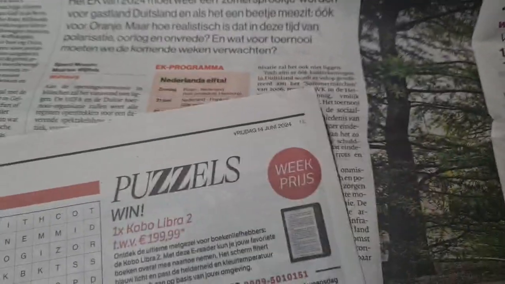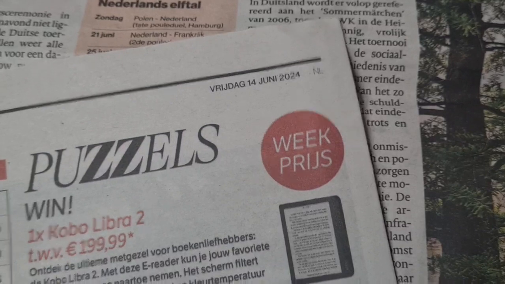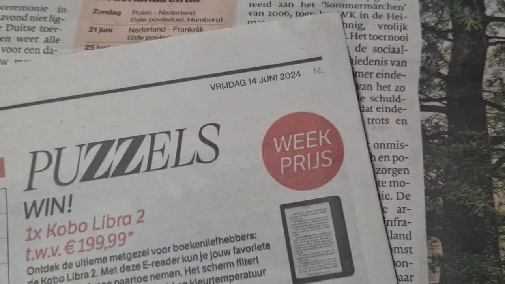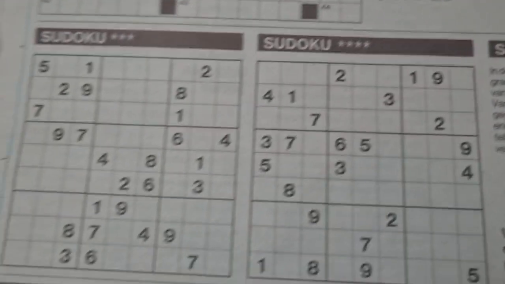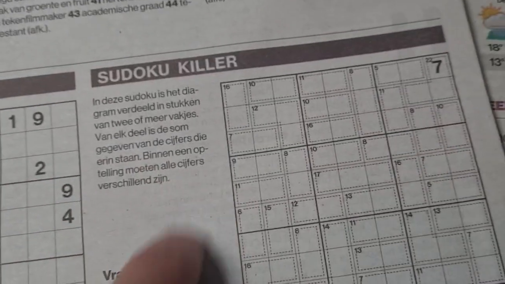Today in the daily newspaper of Friday, end of the working week. Yes, Friday, June the 14th, 2024. We have here three regular puzzles: the 3 stars, the 4 star Sudoku, and the killer Sudoku. In today's newspaper